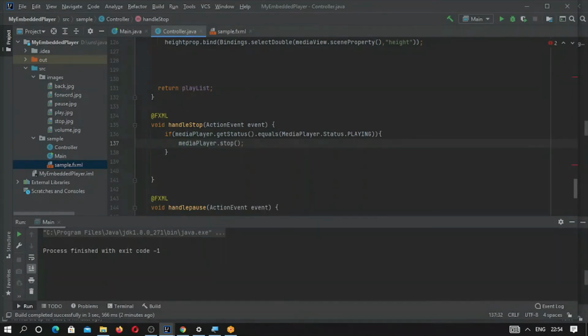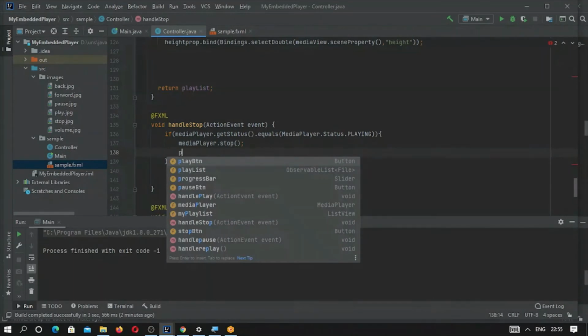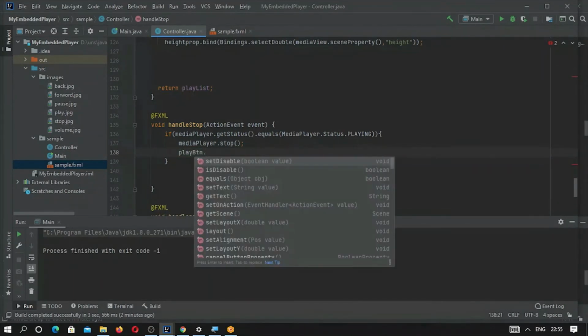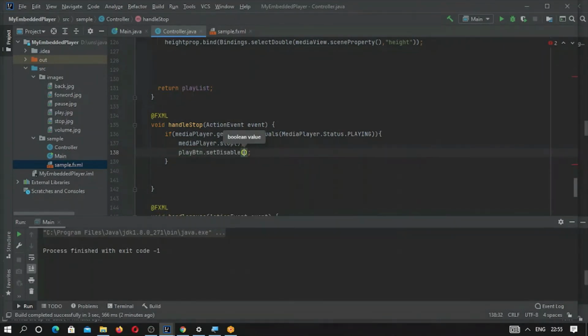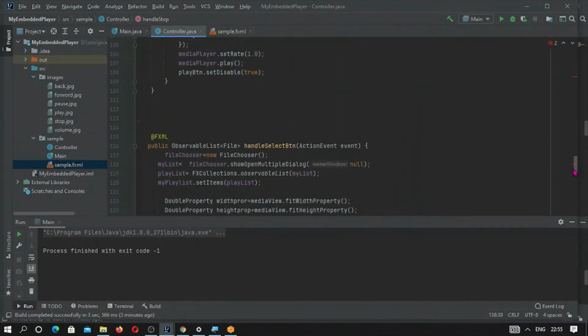And as soon as we stop, we want to set disable to false. Once we have pressed stop, we can play again, so this will be enabled.